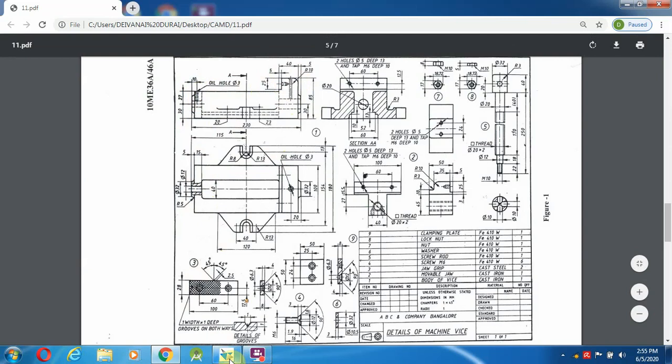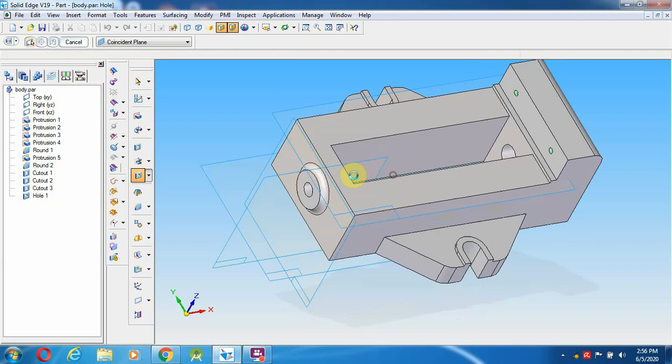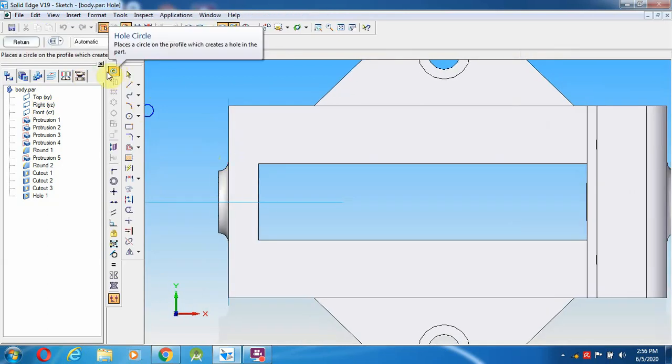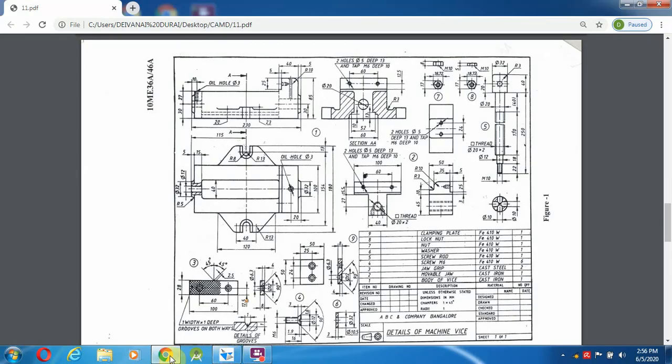So I'm going to select pipe, select hole from top here to 10 mm. So select a line from here to here, 10 mm, 5 mm hole. So from this particular thing 5 mm hole.